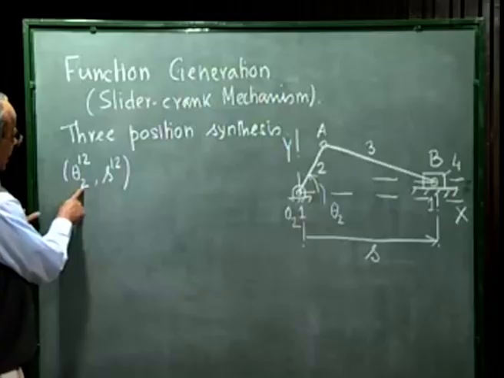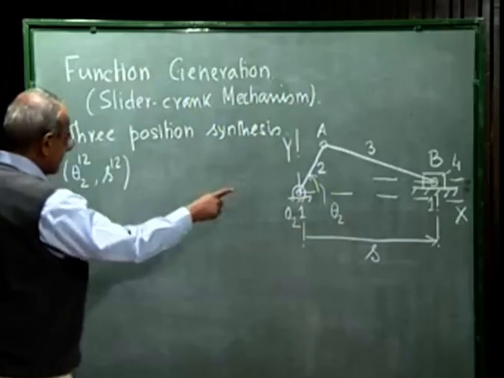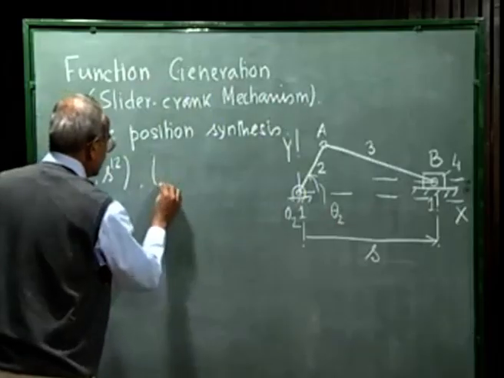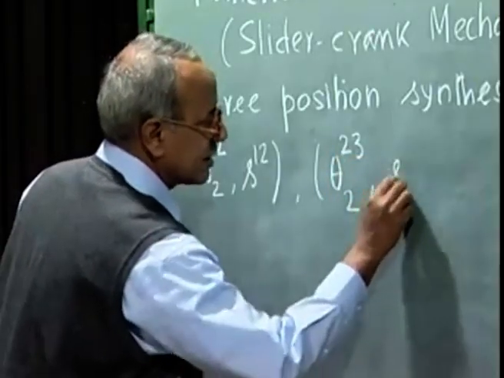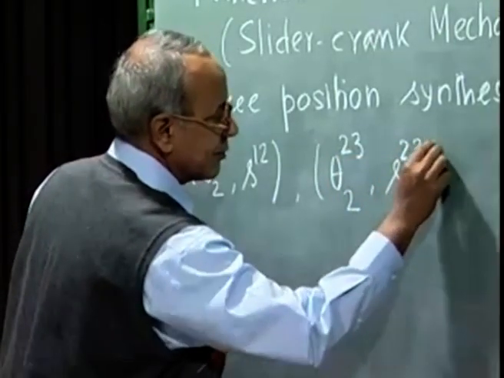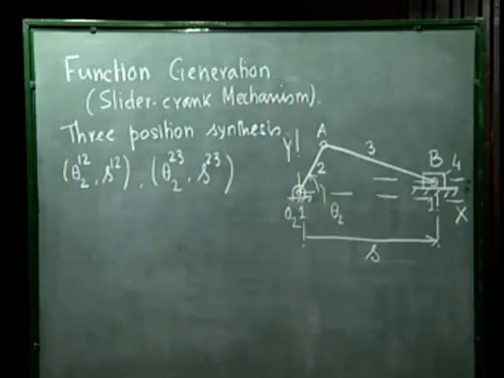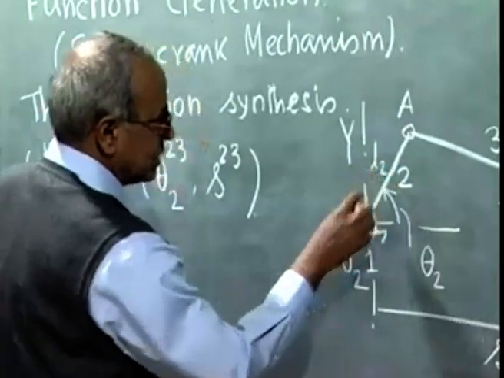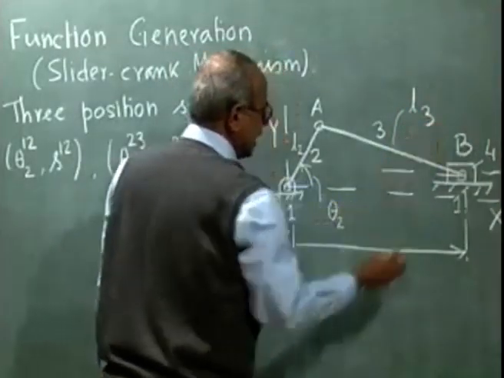So as the crank rotates from position 1 to 2 by an amount theta 2 1 2, the slider should be displaced by a given or prescribed amount S12. Similarly, as the crank goes from position 2 to position 3, the slider should move by S23. So these 2 pairs are prescribed, and we have to come out with the kinematic dimensions of this linkage, namely the crank length, that is L2, that is O2A, AB, that is the connecting rod length L3, and the amount